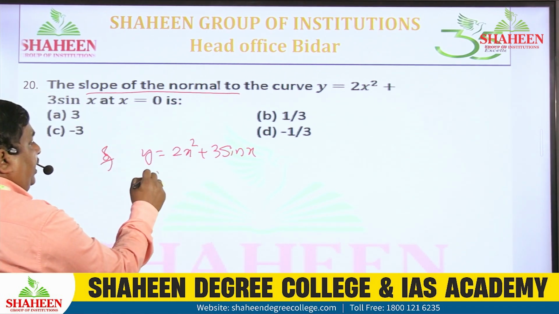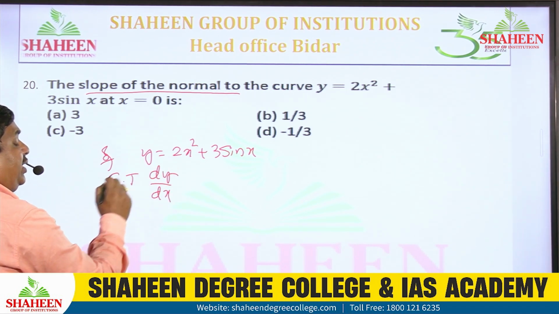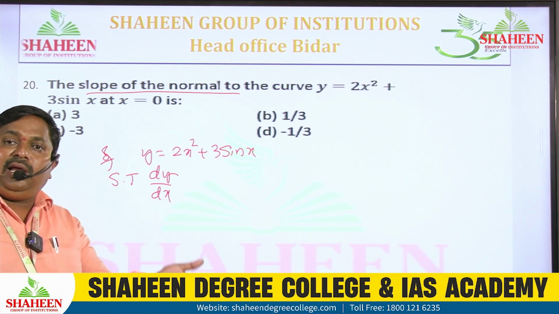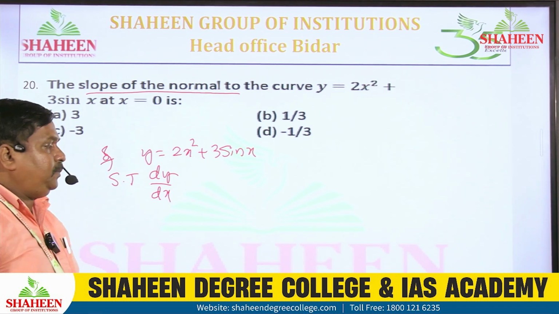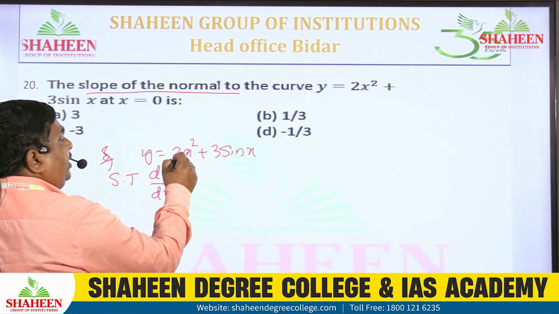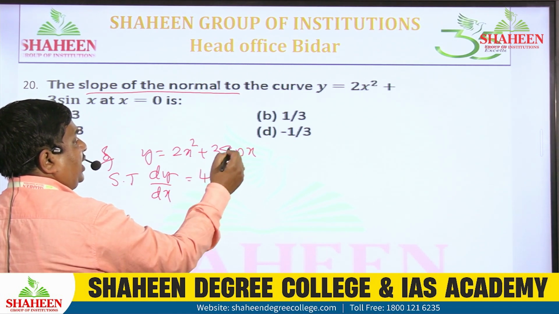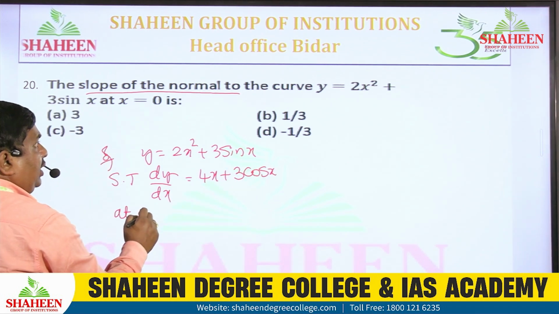So let us find dy by dx. That is the slope of tangent. The negative reciprocal of the slope of tangent is the slope of normal. dy by dx: the derivative of 2x square is 4x, 3 as it is, and the derivative of sin x is cos x. At x is equal to 0,